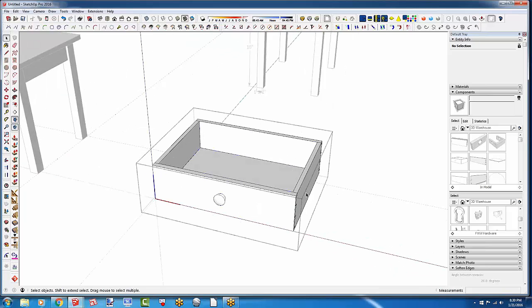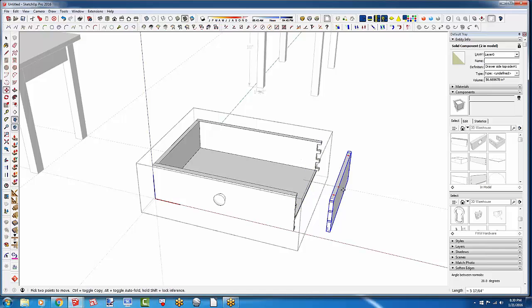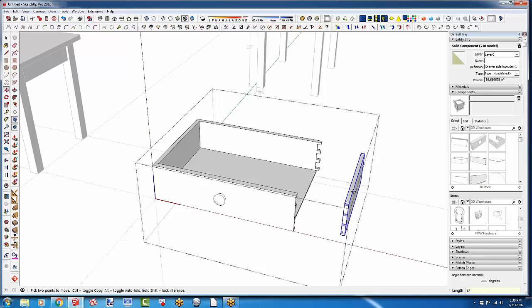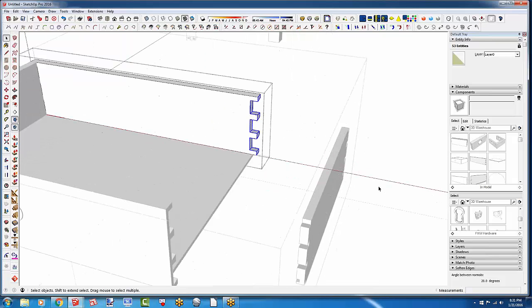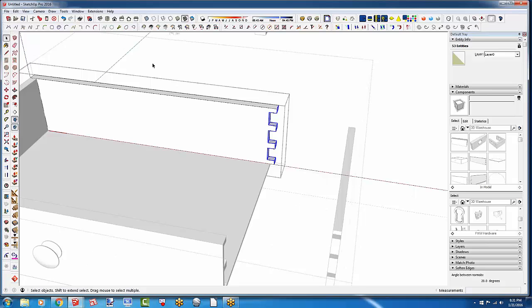If it's a nested component, what you need to do is open it and move the components that need to be moved. So let's say we want to make this drawer wider and to the right. Maybe we'll add a foot to the width of it. And then you can use the select tool. So I've opened the back for editing, and then I'm selecting the end of the board with the dovetails, with the pins. And